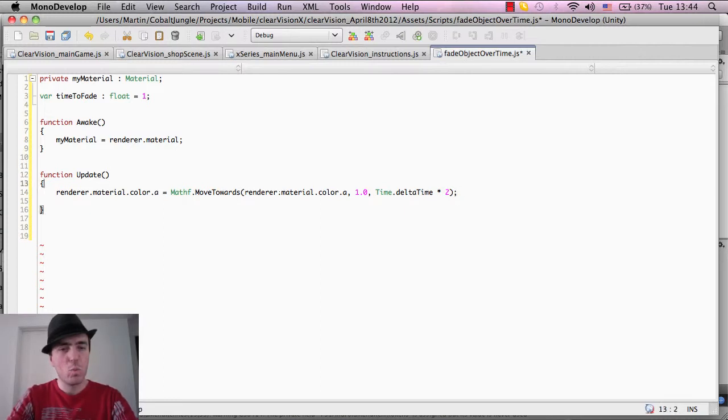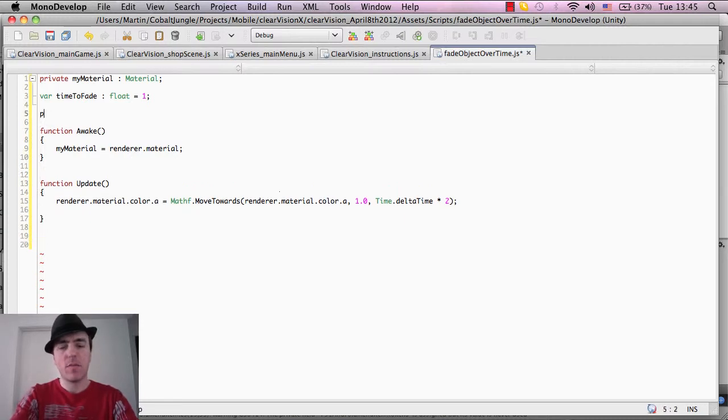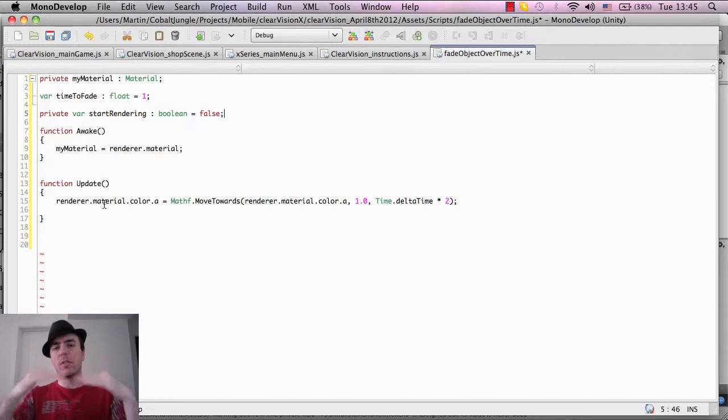Now, one of the things we want to do is have another variable called start rendering. It's a private variable, sorry. Start rendering, extends Boolean. What we want to do is delay the fade up. We don't want everything to start fading up at the same time once the scene loads. We want some to start fading up 2 seconds later, maybe some 4 seconds later. So what we need is a variable to say, should we start to fade this up, yes or no? So what I'm going to do is put if